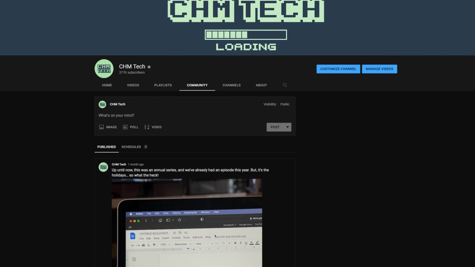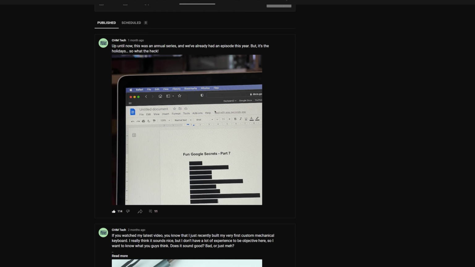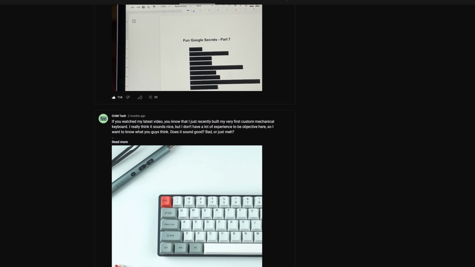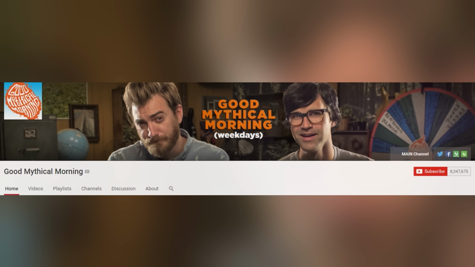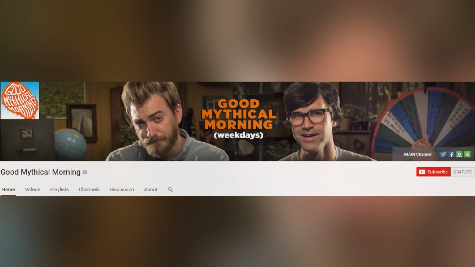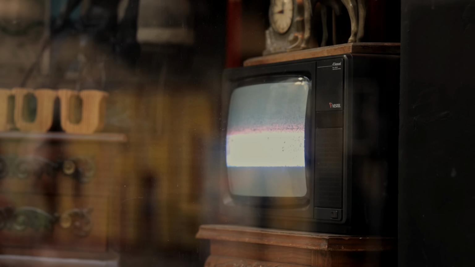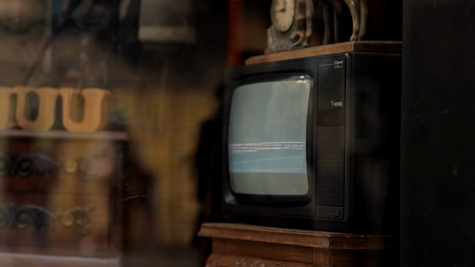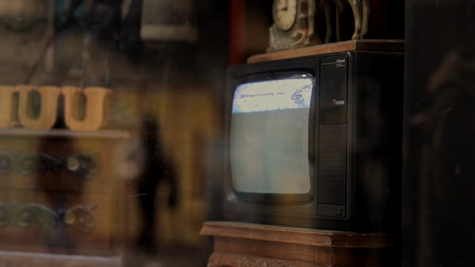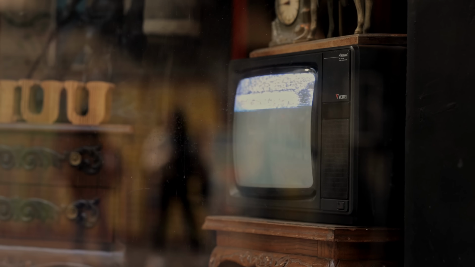Once a channel received the set of features that came along with the Community tab, it would lose the old Discussions tab, as YouTube felt that having both would be redundant. Initially, channels that didn't meet the requirements got to keep the Discussions page, but nowadays it appears that it's become just another thing of the past, as it cannot even be found on channels that have less than 500 subscribers, which appears to be the current threshold for the Community tab.